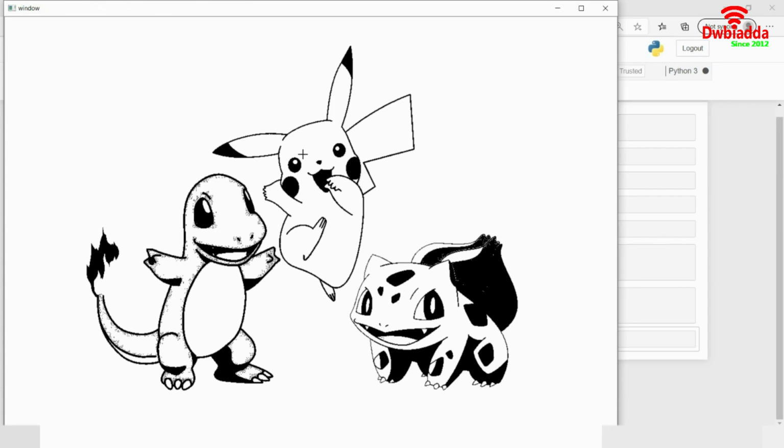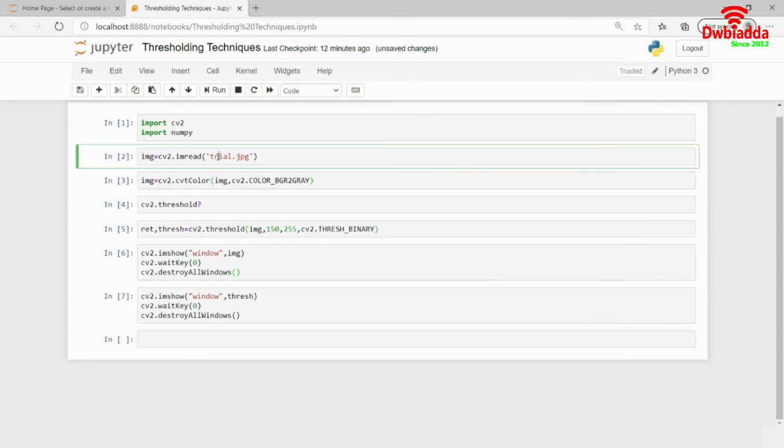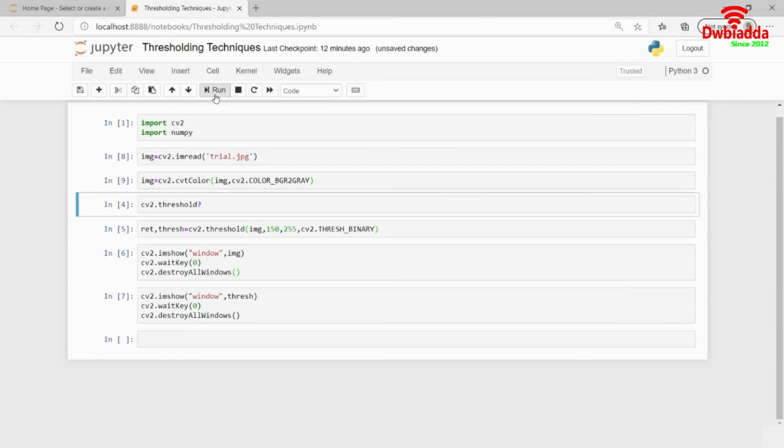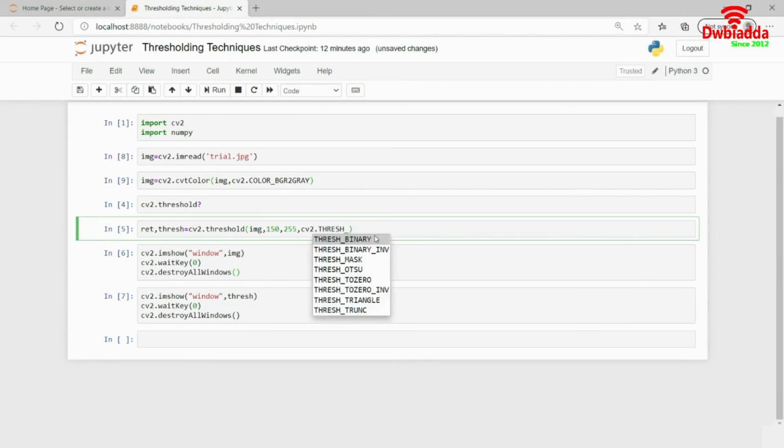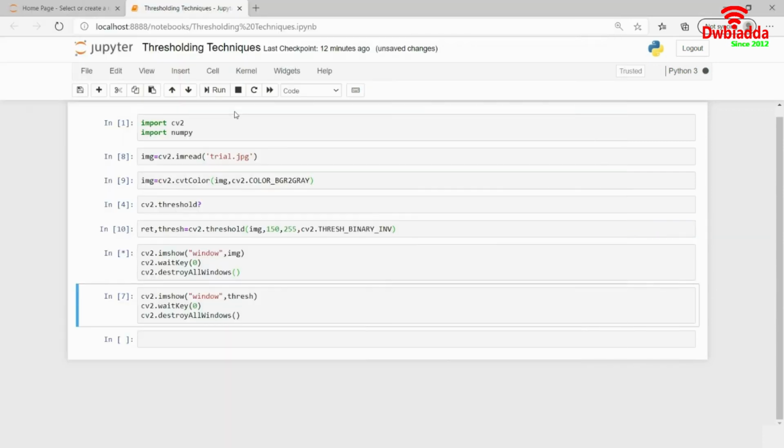Now let's say that instead of binary thresholding, I want to use binary inverse thresholding. So I will go back and run the code once again. However, the result you should expect is the complete opposite. That is, every black point now will be a white point, and every white point will now be a black point. Let's see if this gives us the expected output. I will read the image once again and convert the color. Instead of cv2.THRESH_BINARY, this should be cv2.THRESH_BINARY_INV this time. I will store this again, and this is my original image, and this is what my threshold image should look like. I will run this piece of code now.